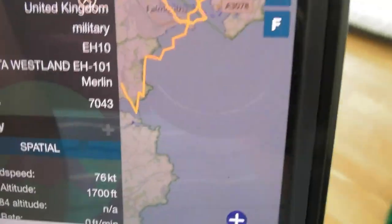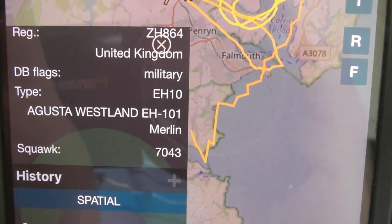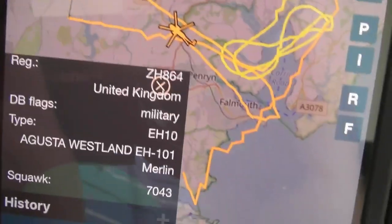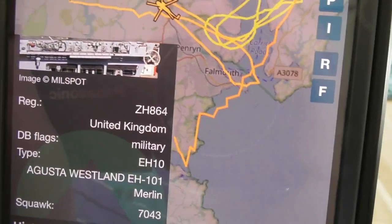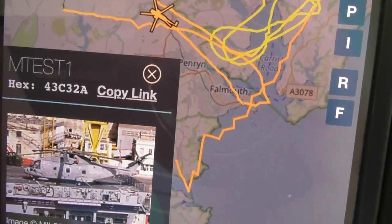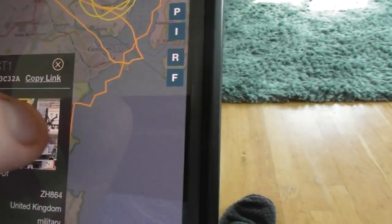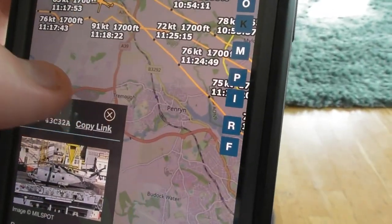Right, there we are. Look, as you can see, once again, that was now the third flight pass we've just seen from the Merlin Mark II this time. Technically it's still the same registration, ZH864. And as you can see, it's still got the same call sign, MTEST1. But as you can see, this time he's been back and forward